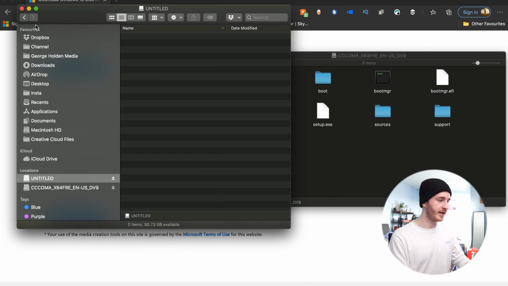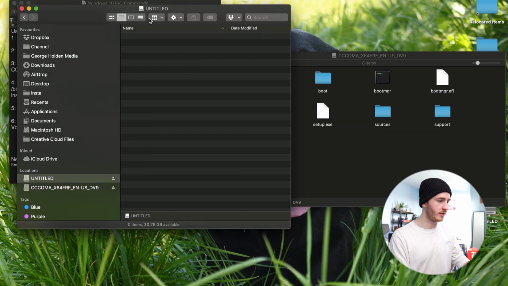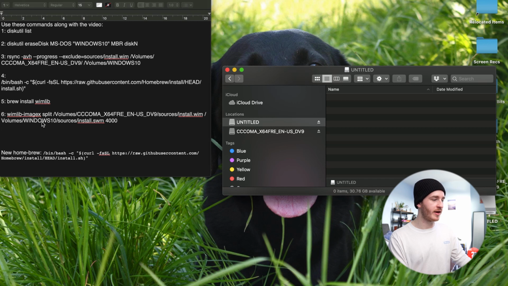And then the next thing we want to do, I'm just going to close off Microsoft Edge just so it's not taking up space anywhere. I'm also going to close off this disk contents as I don't really need to be viewing this at the moment. Here in this text edit file, I have got the same commands that you guys will have in the description